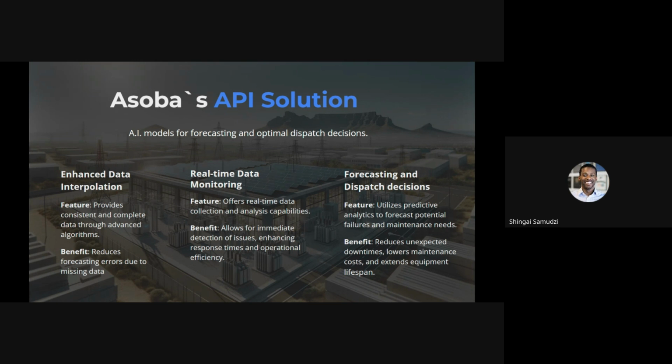So the first step is data interpolation. From there, it's real-time data monitoring and ingestion. On a real-time basis, every single day, we're connecting to all of these IoT devices and sensors, pulling in data, regularly interpolating that data as it comes in, and regularly generating forecasts as it comes in. And then the last step, from the forecasting as well as dispatch decisions, is that once we're able to generate these forecasts, we're also able to provide decision-making around dispatch,